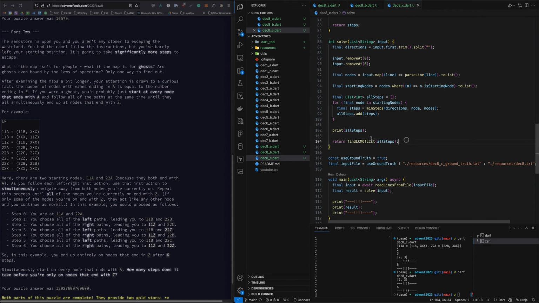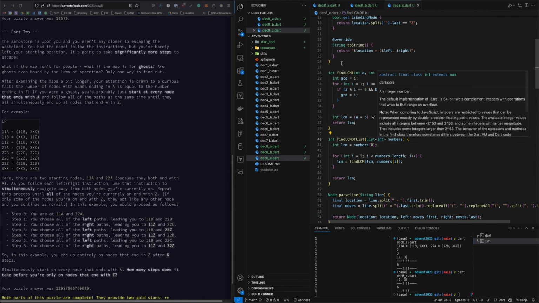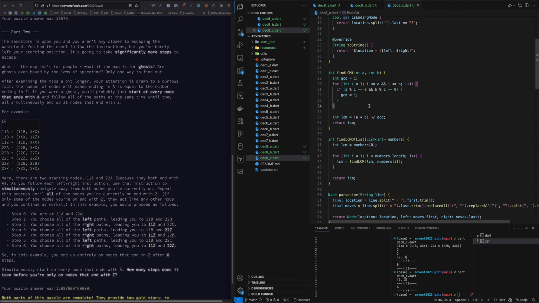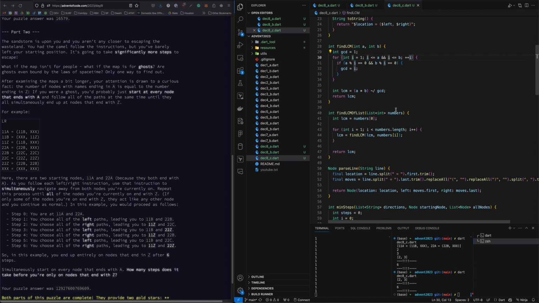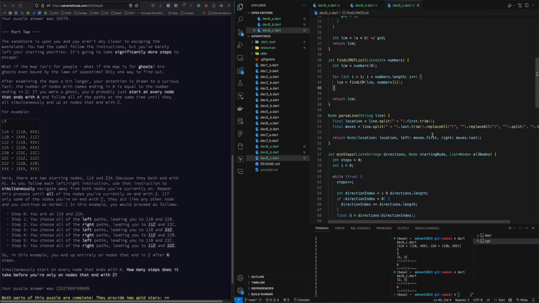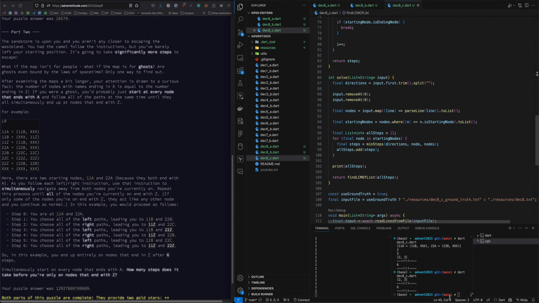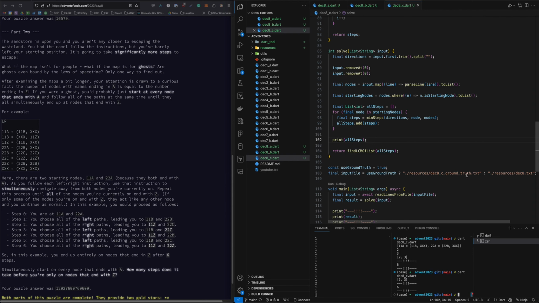And for the lowest common multiple, I made a function here. First of all, there's an LCM, which I found online, for finding the lowest common multiple of 2 numbers. Then I made something that allows you to pass in a list of numbers and loops through and finds them all. So we can pass in a list, and that will give us the number 6 in this case. Because 2 times 3 is 6. That's not the calculation for a lowest common multiple, but in this case it's easy to say. Then we get that number back, and compared to this one that's running right here,